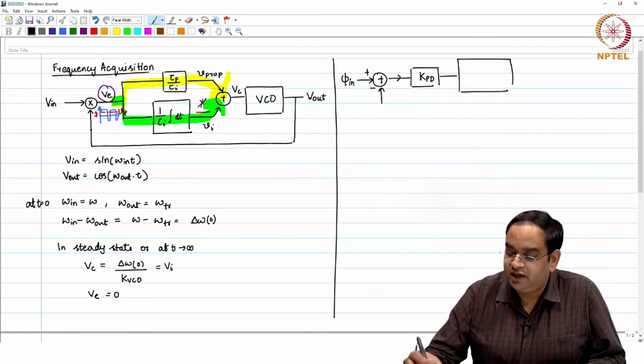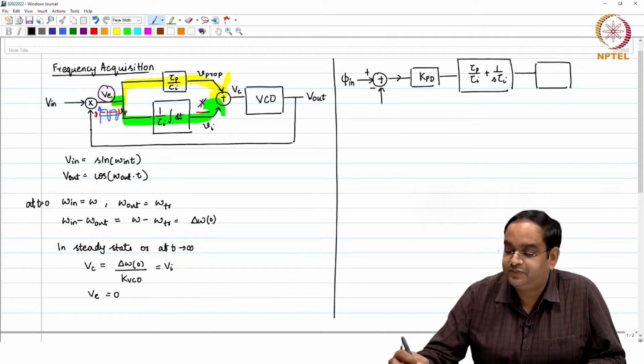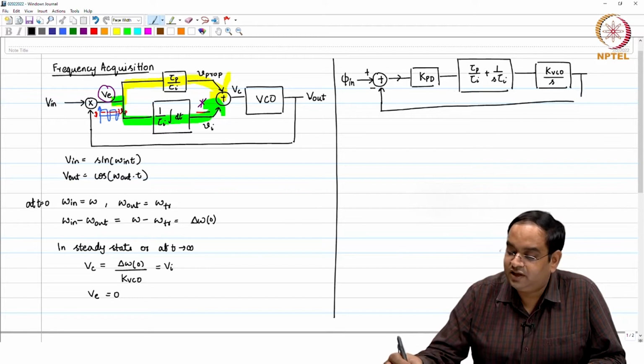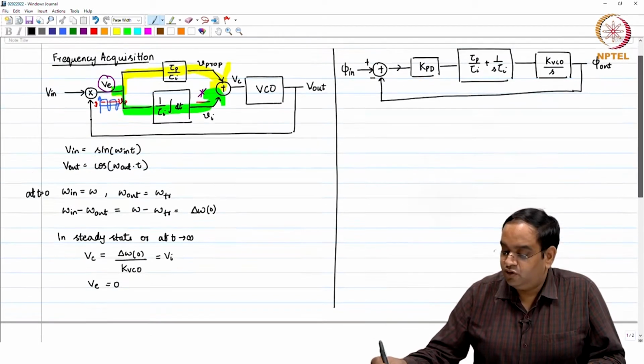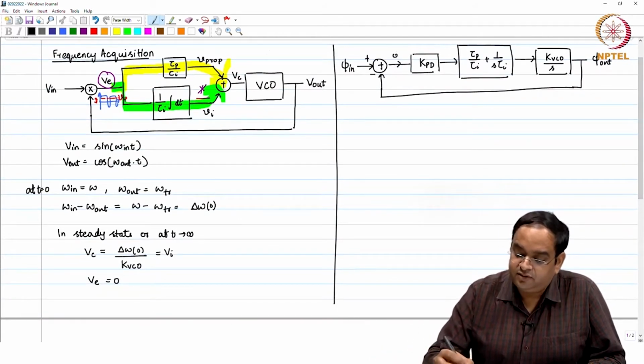This transfer function is tau p by tau I into 1 plus s times tau I, and it goes to the VCO, which has a gain k VCO over s. Okay. So, this is the small signal model of the PLL. In this small signal model of the PLL, this is phase error, this is voltage error, and this is